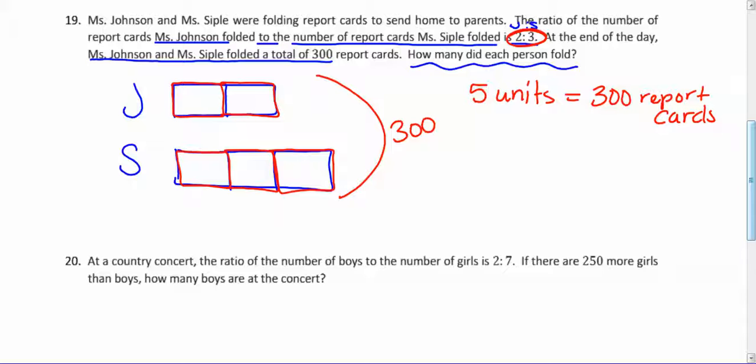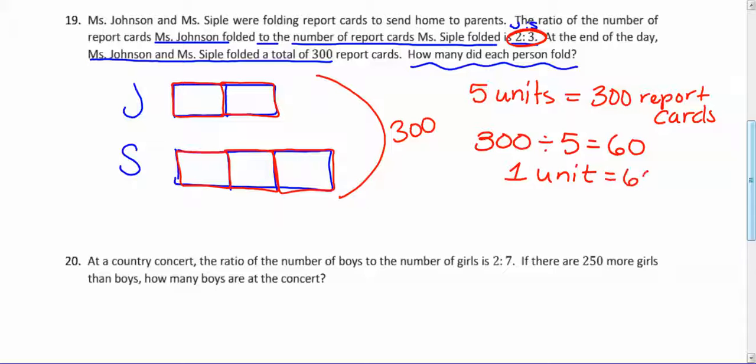Then what we want to do is think about this in a way where we're splitting the 300 up amongst those 5 equal boxes. So we're sharing 300 equally amongst 5 units. So if we do that, that calls for division, right? Because we're dividing the 300 up amongst 5 equal units. So that would be 60 for each unit. So we would say 1 unit